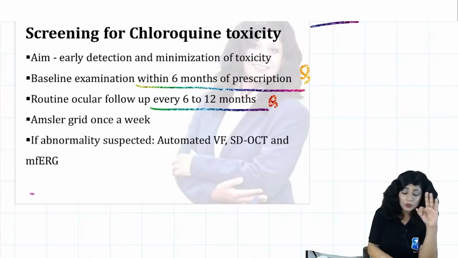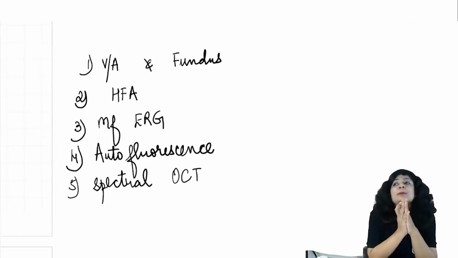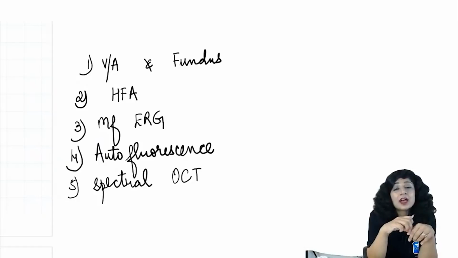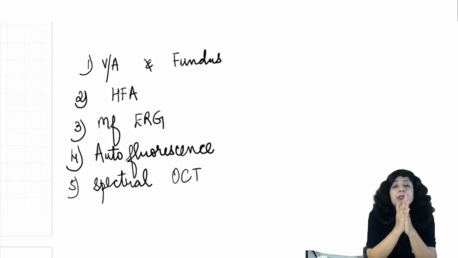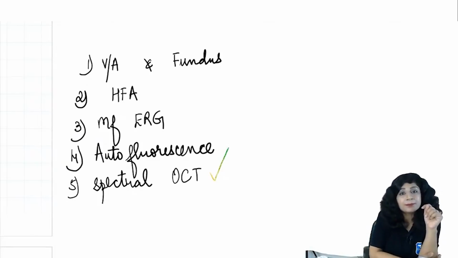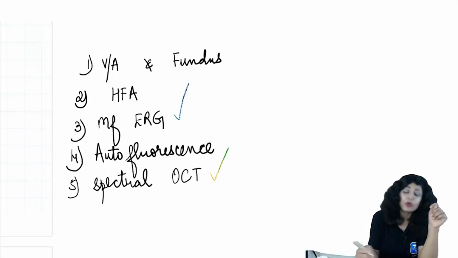ठीक है ना? Now what are the tests I have to do when I want to do the screening? So basically check the visual acuity, look at the fundus, macular area, do the fields also, so that you come to know how much of the field is affected or not. For that we can do the Humphrey field perimetry, that is most commonly used. I have to look at the layers of the retina, so for that I am doing the spectral OCT. Then this lesion is autofluorescent, so you also do the autofluorescence, and then finally the ERG, multifocal ERG.